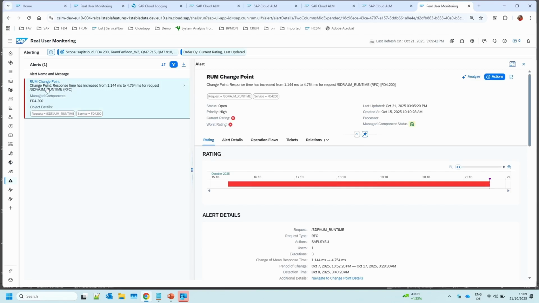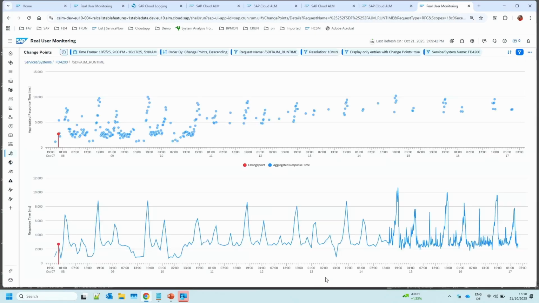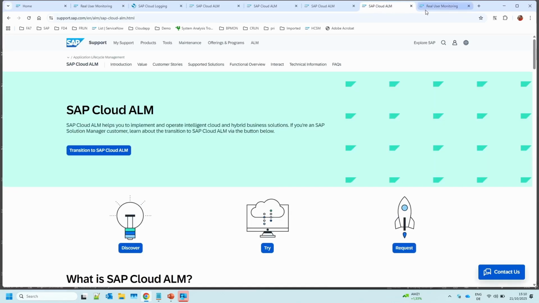In the alert inbox we then have such an entry, an alert for a change point, and we visualize the response time the request had before the change point was detected and after it, when it happened and how long, the request name, and how many users are affected. From here we can also jump into the change point detection application as shown before and do the same analysis again. This is the new functionality we provide next week.